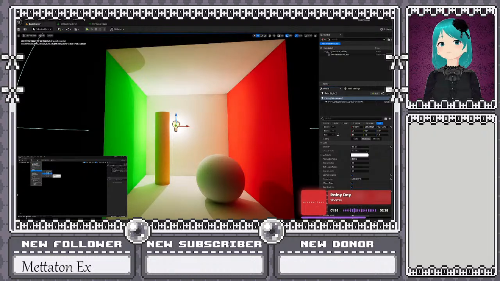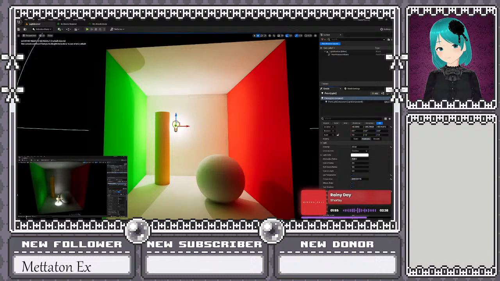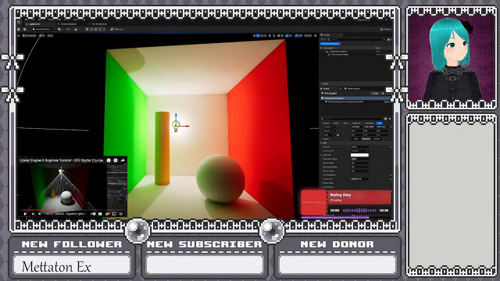And that is the spotlight. The spotlight is very similar to the point light, although unlike the point